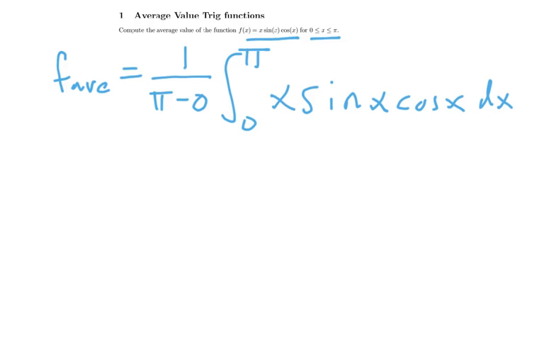So you see here we have 1 over our right endpoint, which is pi, minus our left endpoint, which is 0. You see here, these are our endpoints. And then f of x, the function, goes here. Integral,